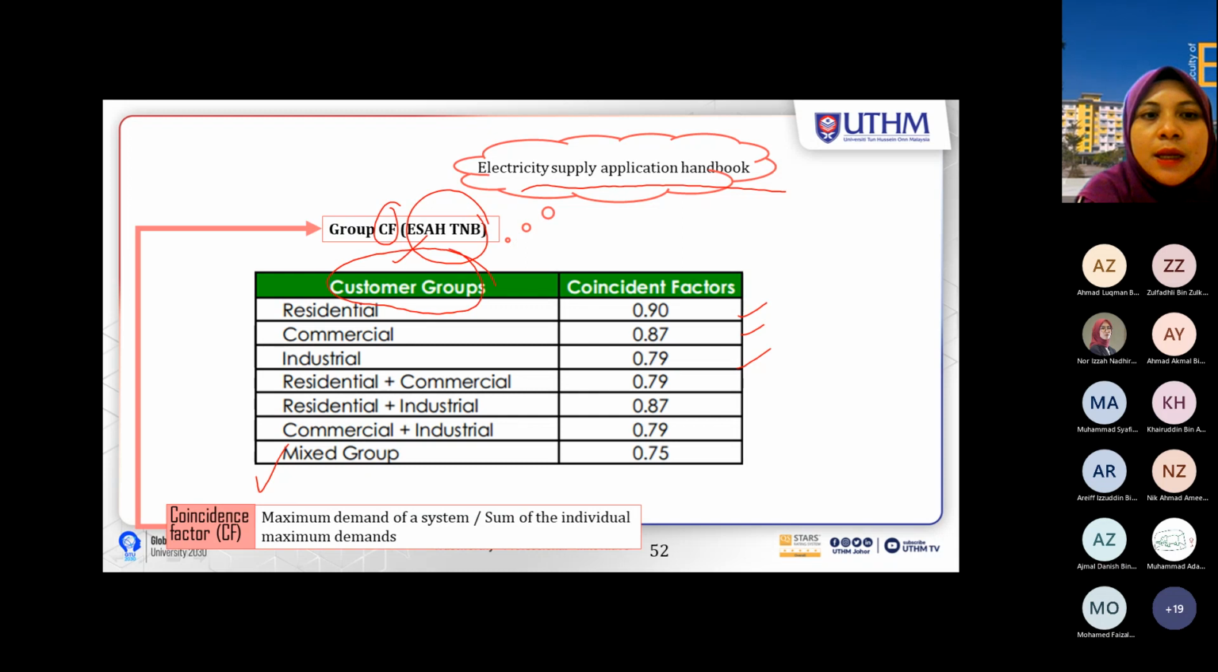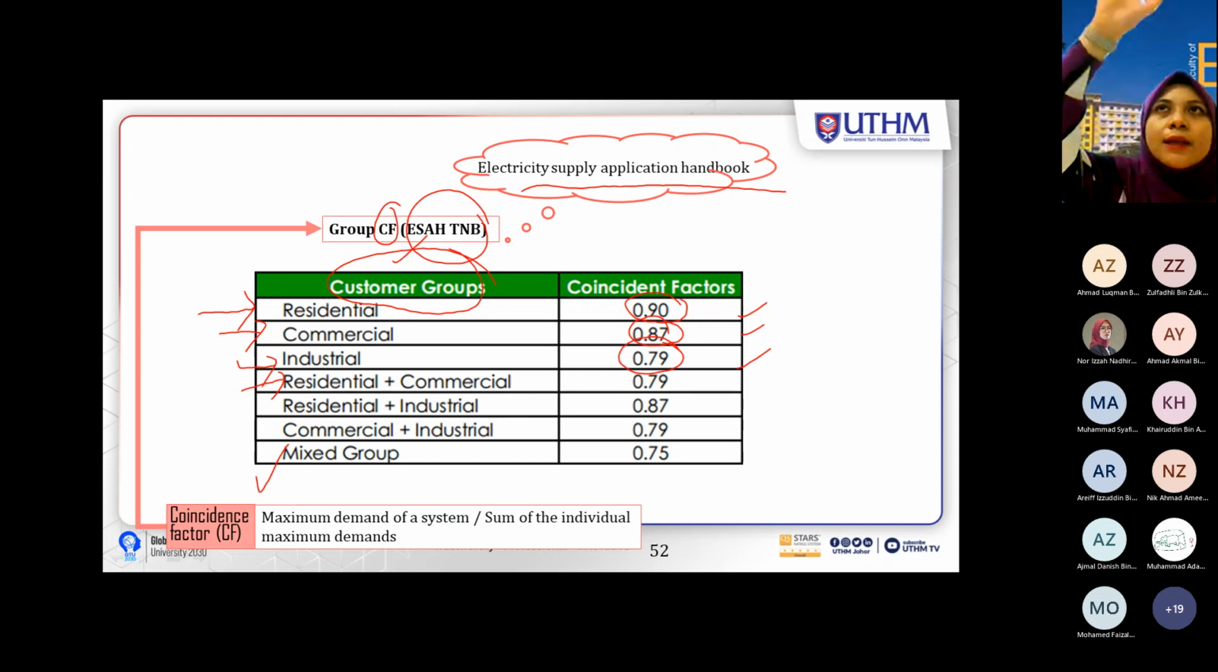Kalau you tengokkan, for example, if your customer group is residential, then the CF is 0.9. Now, this one dah stated by the TNB lah. So we have to consider all this value. Okay. If your customer is commercial, then 0.87. If industrial, 0.79. Residential plus commercial. Mungkin, for example, ada residential, katakanlah bangunan, that particular building have, for example, atas,